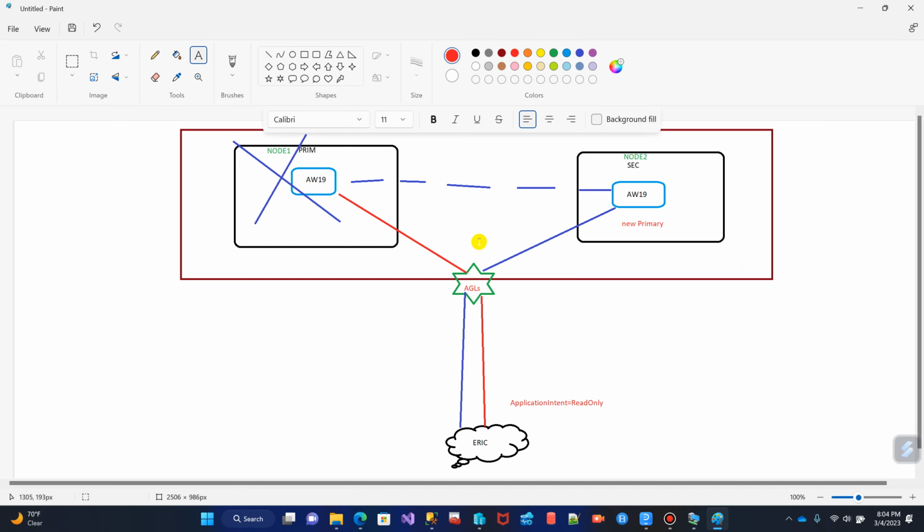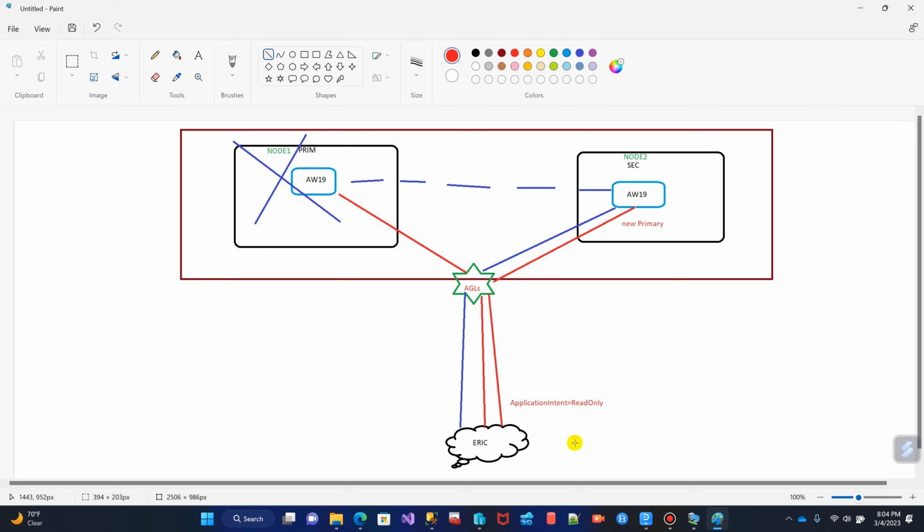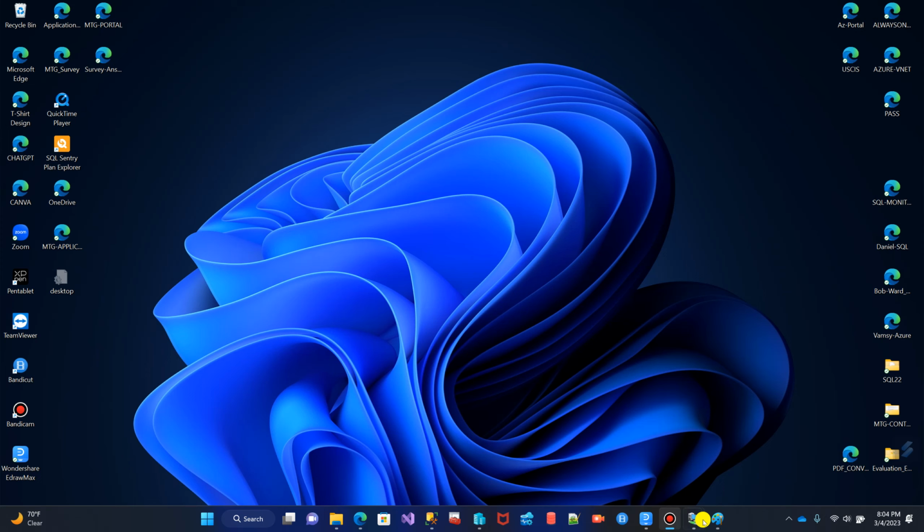It becomes a new primary. And so any other incoming connection that is a write operation will come and the listener will now point it to the new primary, right? And that is how Always On availability group works. So that said,